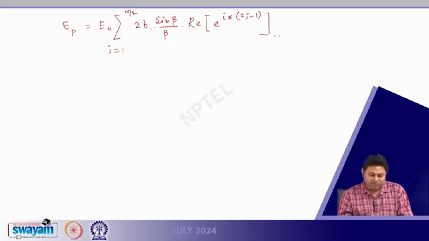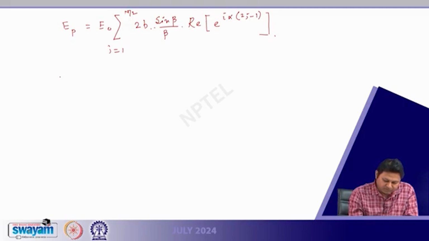That is the expression we have. Well, you can see that we need to make a sum over j, and let us do that. So, this quantity is essentially 2b. So, EP turns out to be 2b E naught